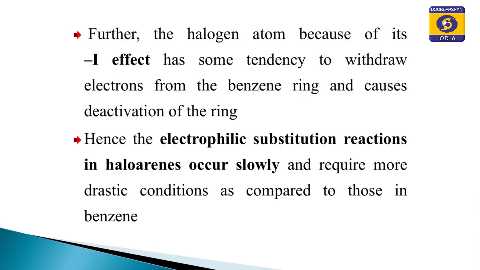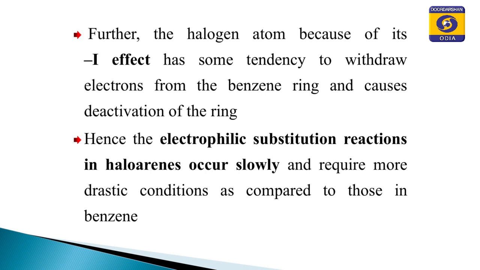So, again it is found that the halogen atom attached to the benzene ring has the minus I effect, or the negative inductive effect, but the lone pair of electrons is involved in conjugation. That is mainly due to the plus R effect of the chlorine atom. But in addition to that, being an electronegative element, chlorine has the tendency to attract the electron pairs towards itself, as a result of which this